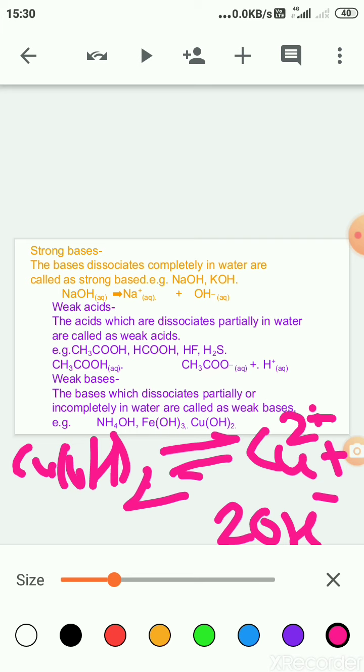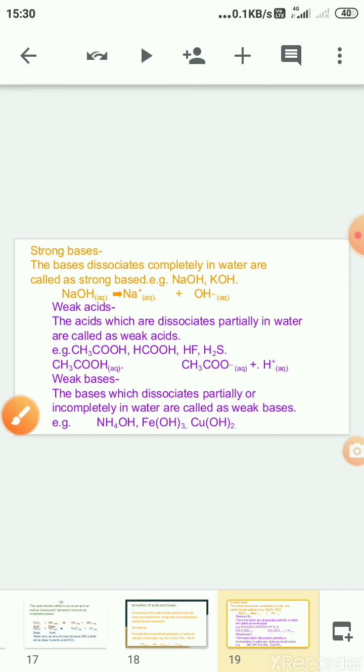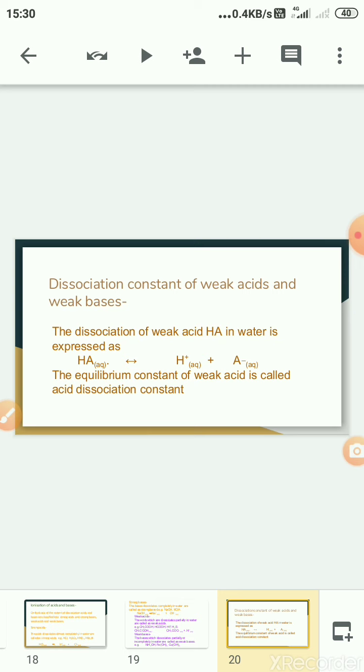Now all the compounds produce OH minus ions in water, and therefore these are bases, and as they dissociate incompletely and partially, these are the weak bases. So the fine difference we have to remember: if the substances dissociate completely, they are denoted by a single-headed arrow in the forward direction, that means the ionization reaction, and for weak electrolytes, the double-headed arrow means the incomplete or partial dissociation of electrolytes in water.